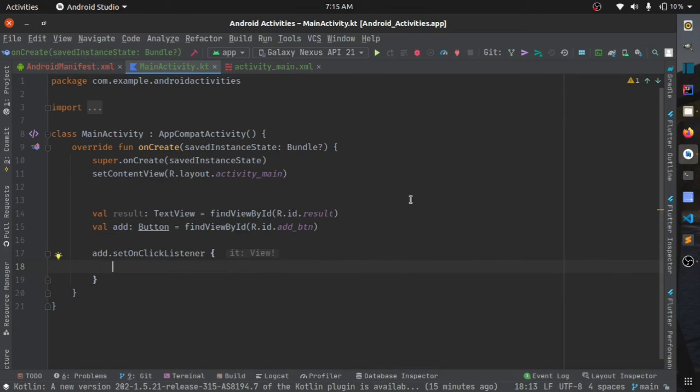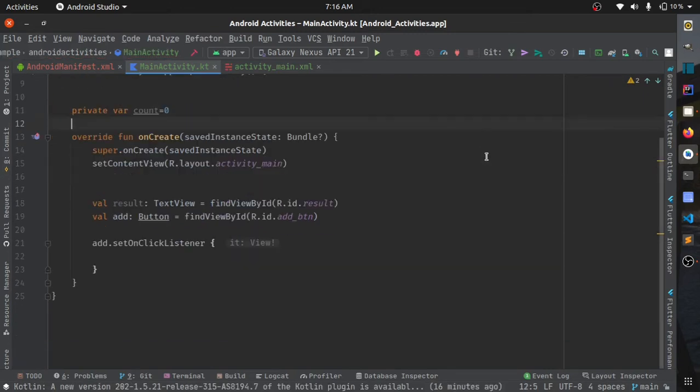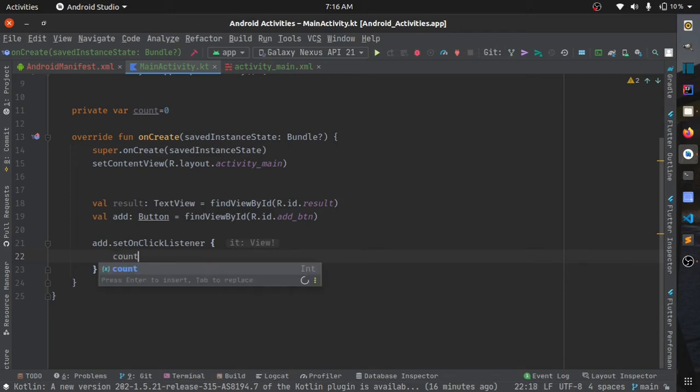So what we'll do is maintain a counter over here, that's count, and initially it will be 0. Now whenever the user clicks on the button, this on click listener lambda will be called. So we'll just increment the count and set it to the result text.